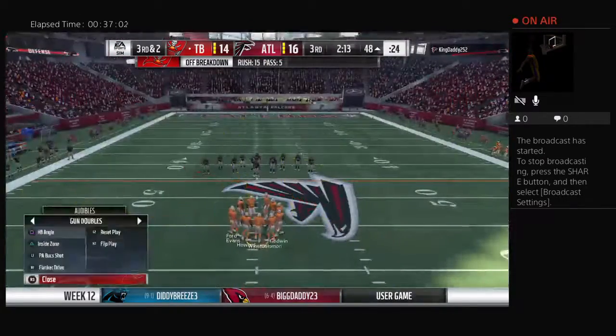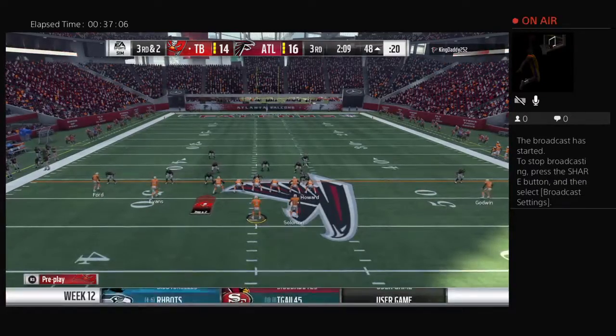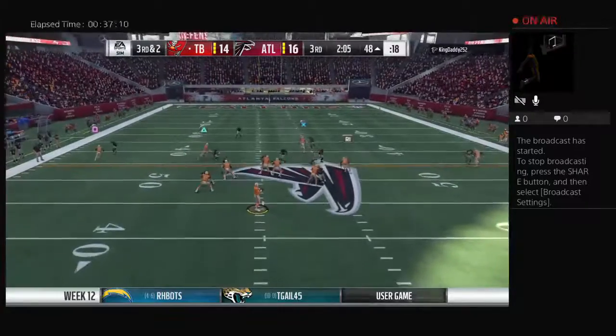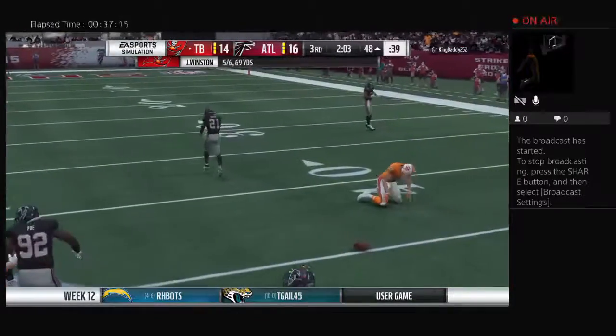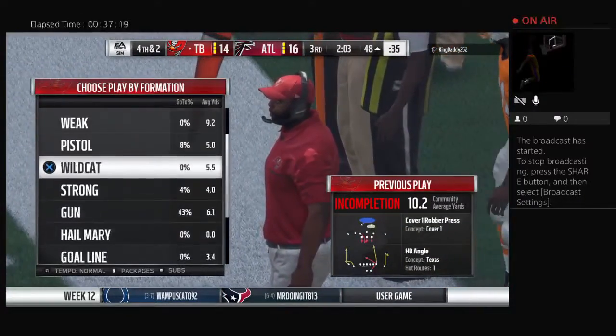The Bucs on 3rd down. They've only converted once in 4 tries. Here it's 3rd and 2. From the gun, Winston. Oh, I can't hang on to it. Almost intercepted. They would have loved the first pick of the game there, but at least it does get them